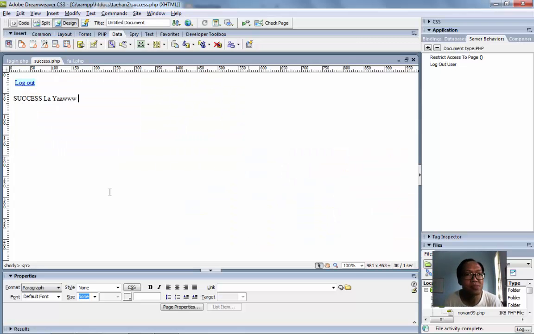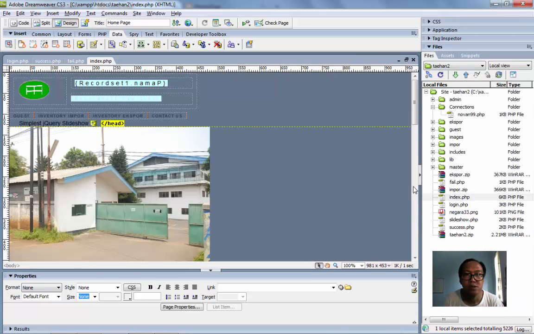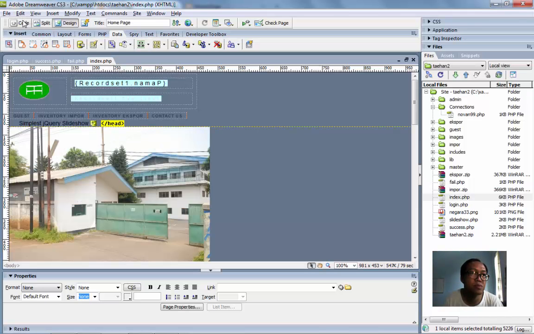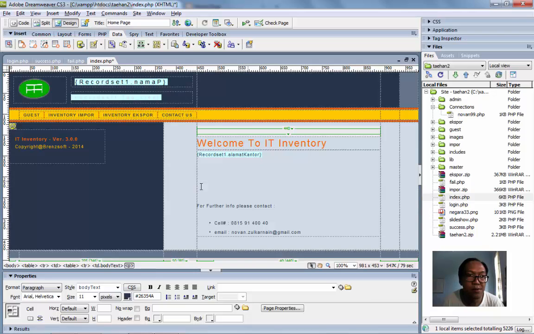Okay, it's good. And then after we create the login page, I want to put the login in this area at the bottom of the header. So here you can comment out the slideshow. I'm putting the login here, for example.